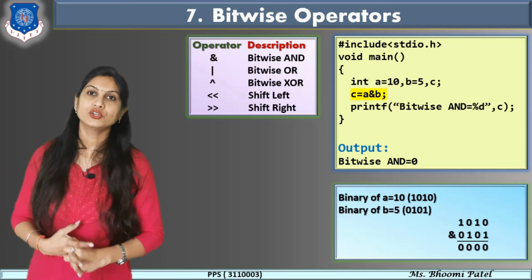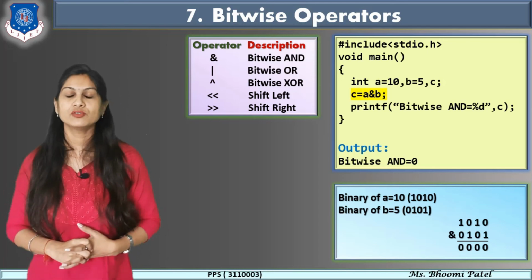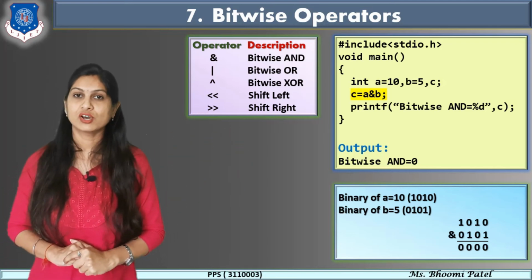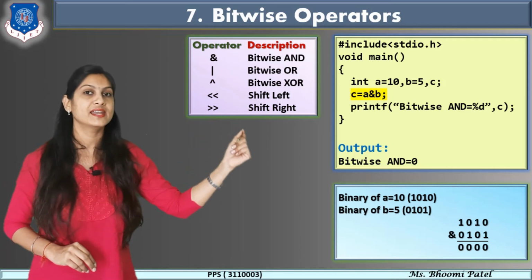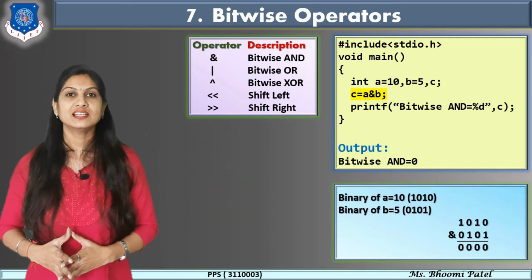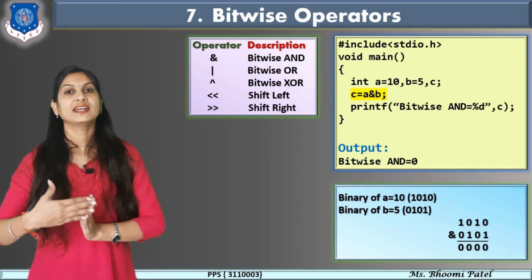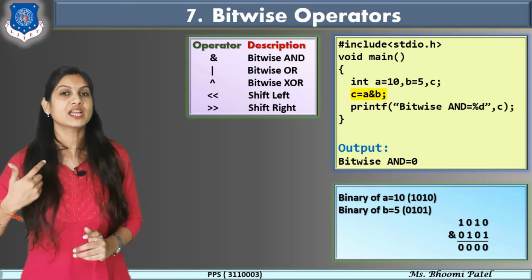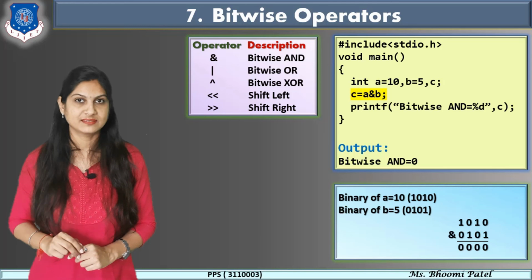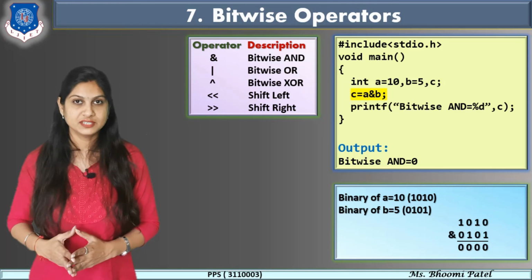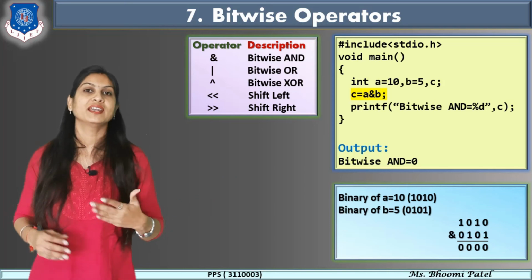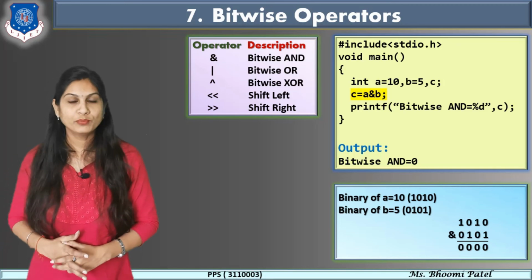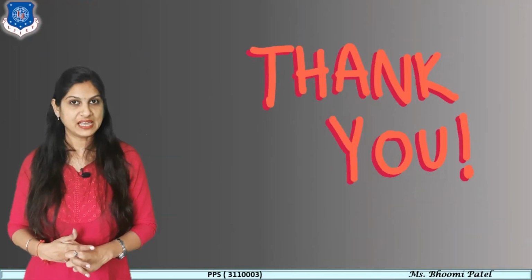But now suppose you want bitwise OR, then simply you have to write a, standing line, b. If you want to perform exclusive OR operations, then you have to use a caret b. And what about shift left and right? Suppose you want to move your data to the left-hand side, 1010, that is our binary, then you have to put the less than sign, double less than, not a single one, otherwise the meaning is different. And suppose you want to shift your data to the right-hand side, then you have to put the greater than sign. So I hope you understand this concept very well.